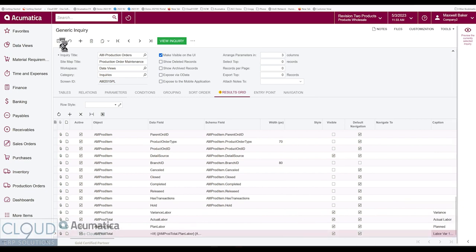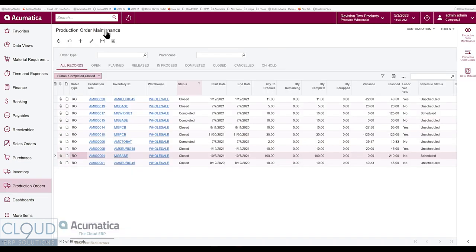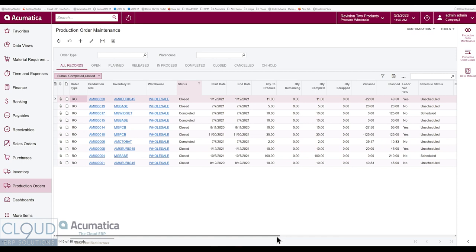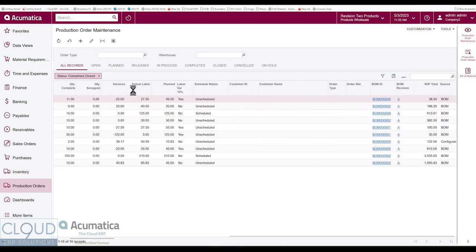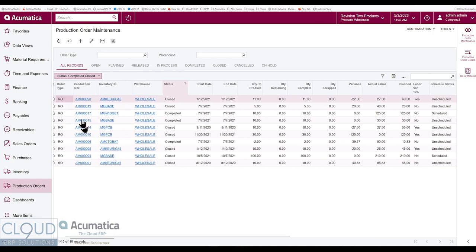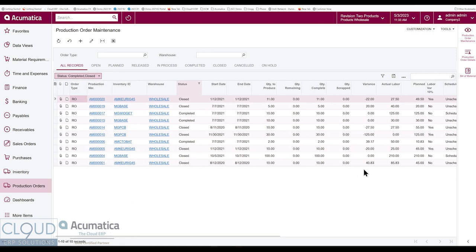We'll save it. Scroll over to the right, grab it. Put it in between, because it is essentially at the end, but our column configurator is taken over, and that's why those other ones are there. So if we scroll over,